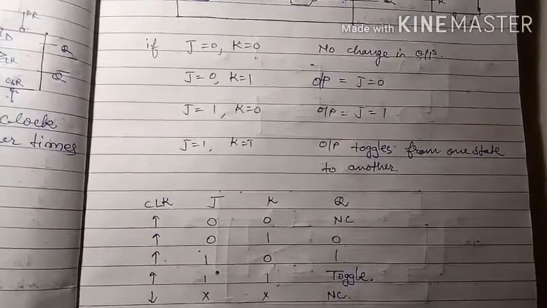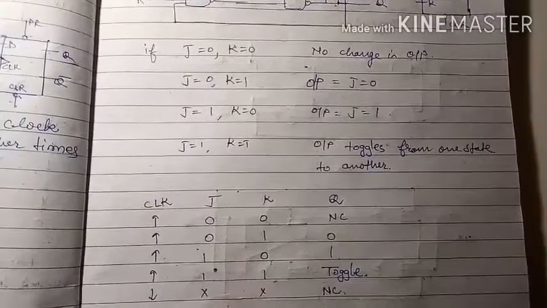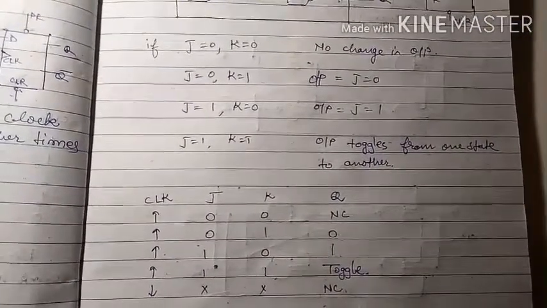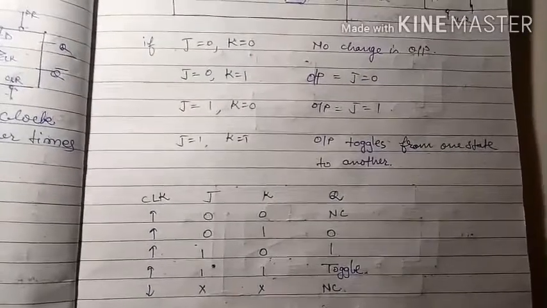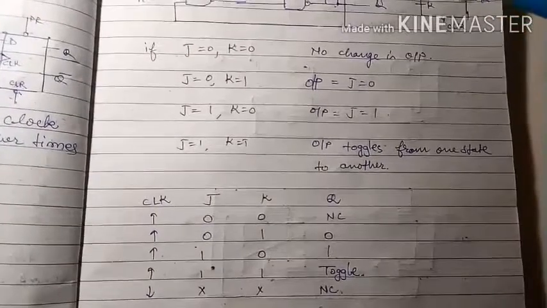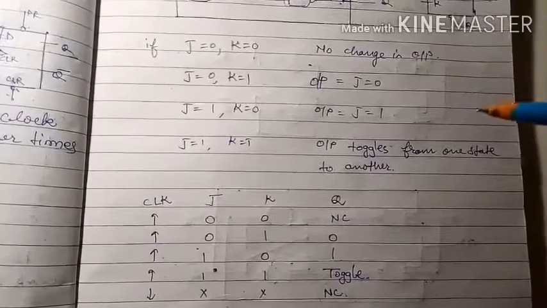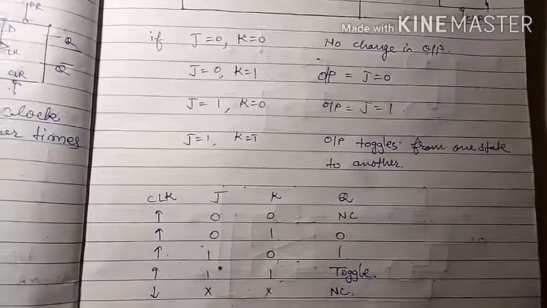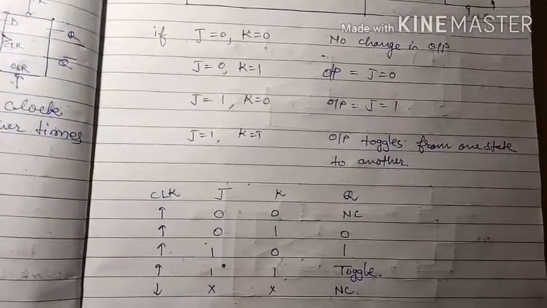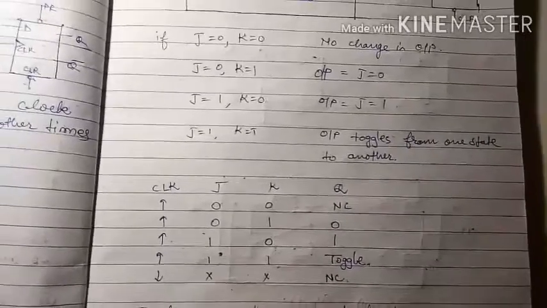Whenever the clock pulse width is too much as compared to propagation delay time, then toggling more than once occurs, which leads to the race around condition in the JK flip-flop. To avoid this race around condition, either JK master slave flip-flop is used or the edge triggered flip-flop is used. We will see what is level clocking, edge triggering later on after studying all the circuits.